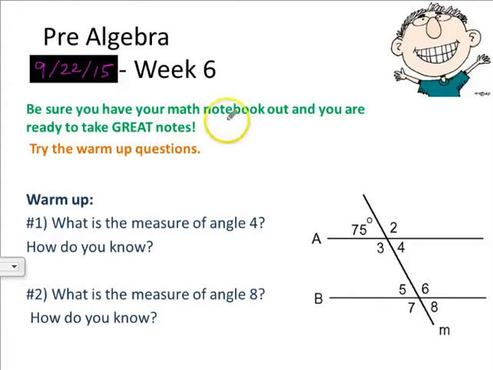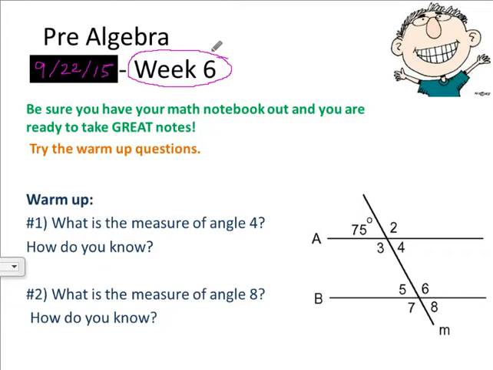Welcome to the pre-algebra week of September 22nd. We are in week 6, so the assignments that you are going to complete this week are all the week 6 assignments. Before we get to the concepts you're going to cover this week, I wanted to review